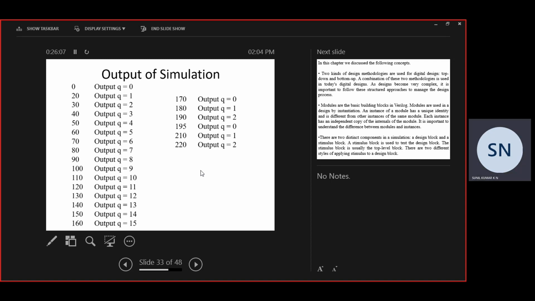How to begin with? Module? Ripple carry adder? Top level, top-down approach. Module ripple carry adder, followed by